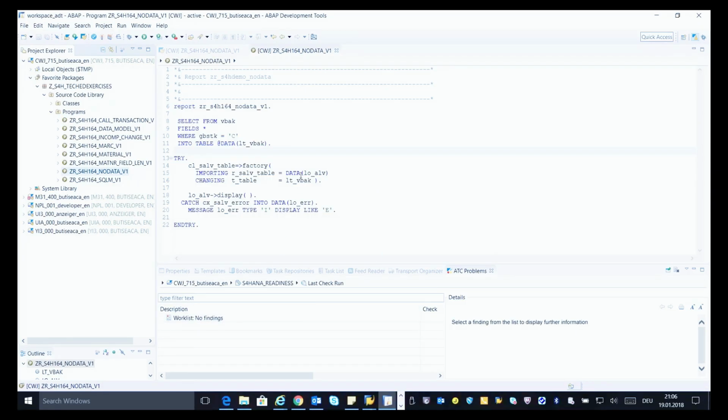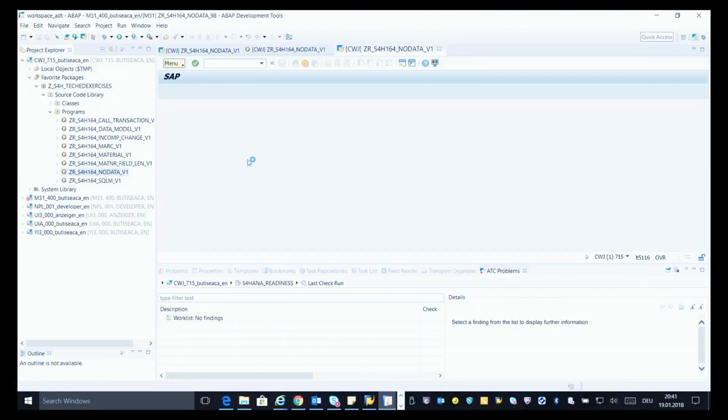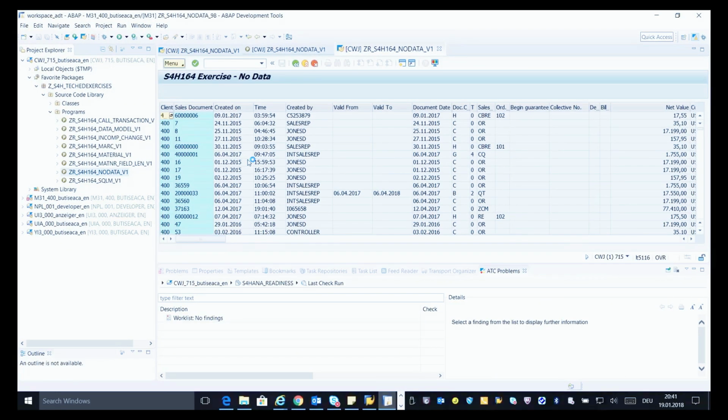ATC work list is empty now. Execute your program by putting the cursor into the source code and then press F8. The table is now filled with